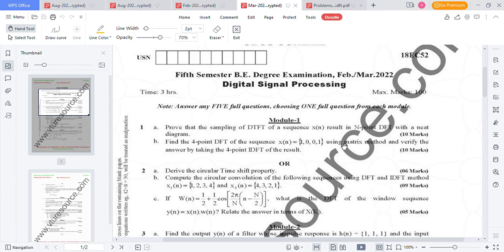So see, what you have to do before starting any subject is you have to first take the question papers. First you have to collect all the question papers. Then you have to collect the textbooks. Or very first, try to collect the textbook. So see here in this particular subject,